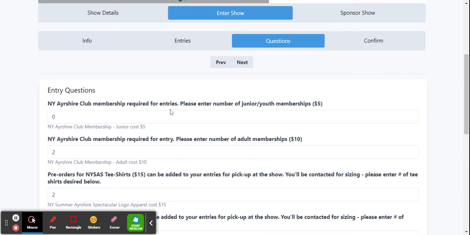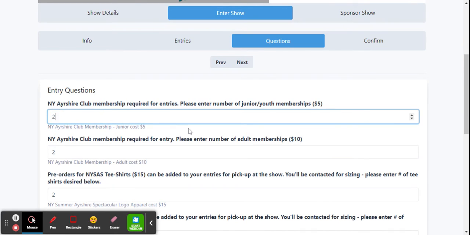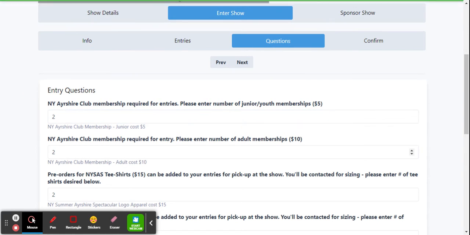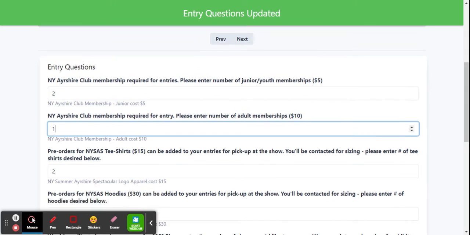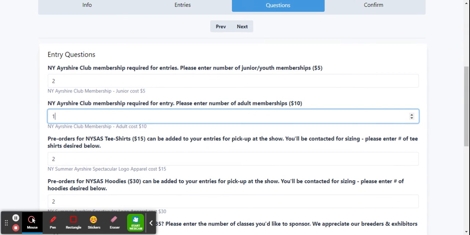You will then select next, and you have a variety of entry questions here. New York Ayrshire Club membership is required for entries, so if you have youth that have not paid their 2021 dues, you would enter in. If I had 2 youth that needed to have their membership dues paid, I would put in 2. If I needed 2 adult memberships, I would enter 2 here, and it will add the cost for those memberships